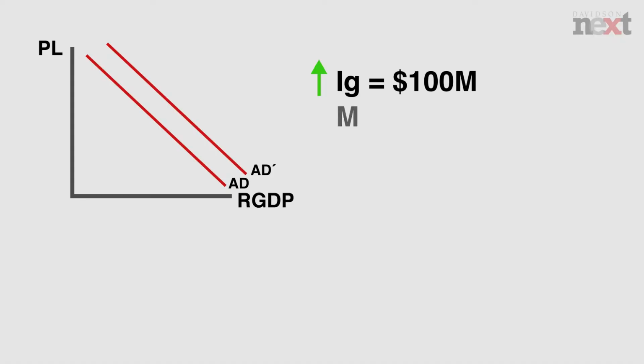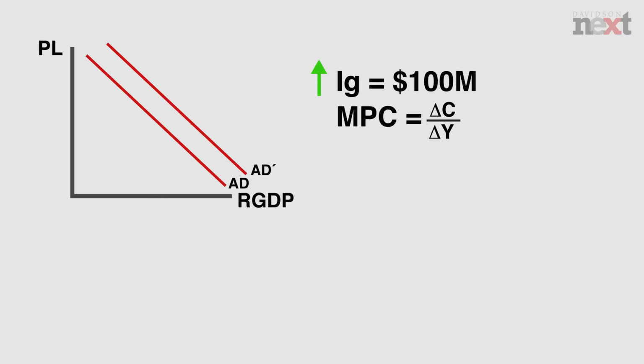It also represents an increase in income to the suppliers of that plant, equipment, and capital goods to businesses. So there's an increase in income of $100 million as a result of that spending. And those folks are going to spend in accordance with their marginal propensity to consume. As you know, the marginal propensity to consume is equal to the change in consumption over the change in income, using change in Y to reflect change in income.